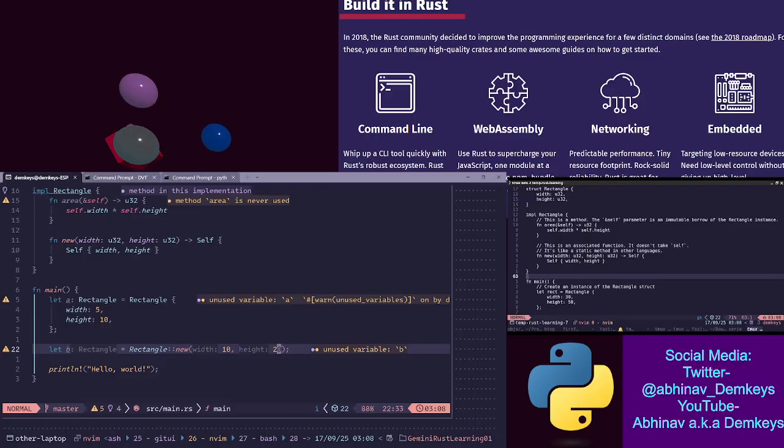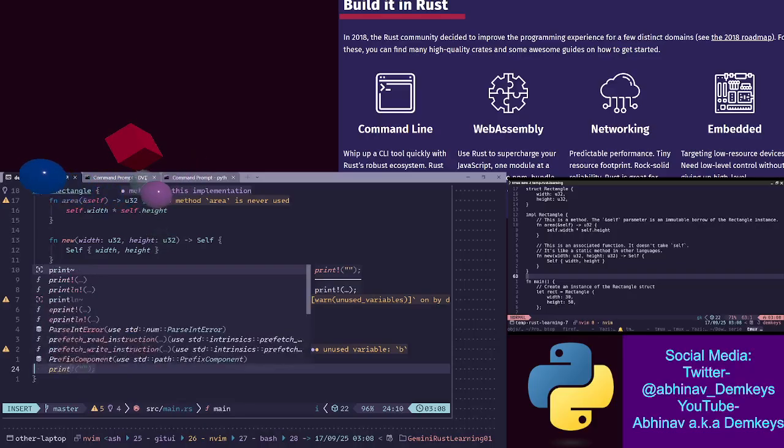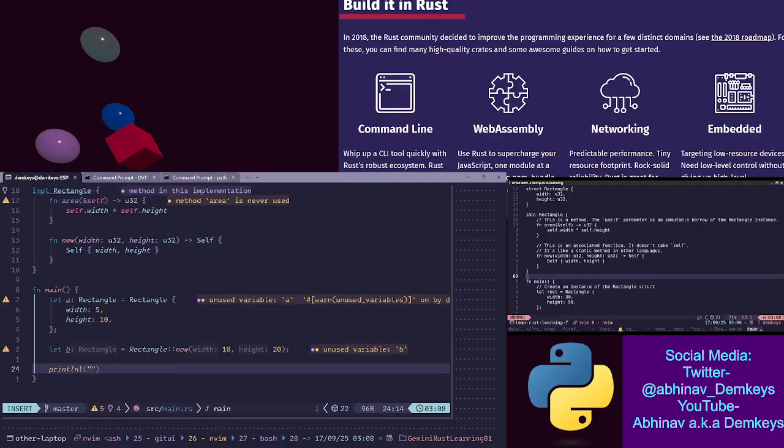Right. The area of the first rectangle is so and so, and the area of the second rectangle is so and so. Let's do that. So we can get rid of this statement, and in place of that, we can do println.